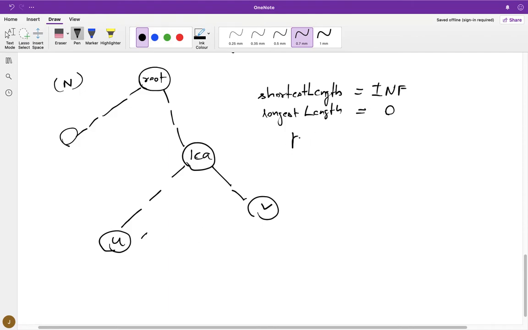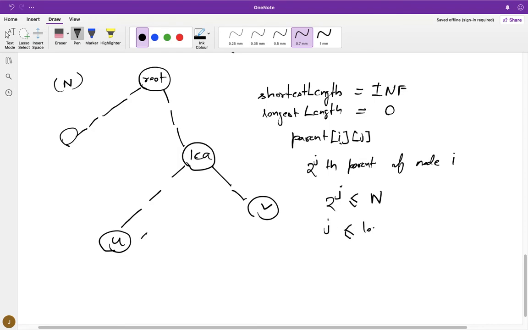Also, our parent ij stored the value of the 2 power jth parent of node I. Now this 2 power j can go at max n, because any node I can have at max n parents. That means j can go at max log n.